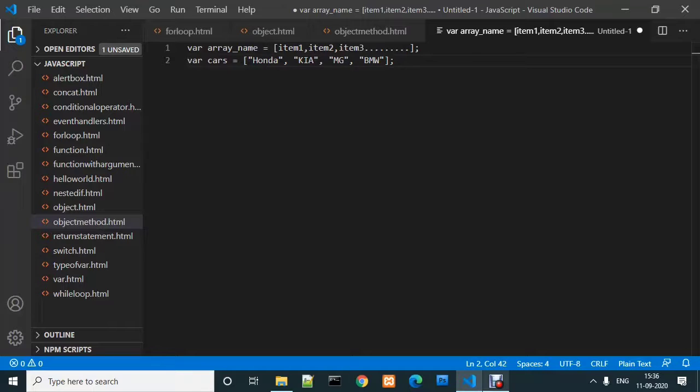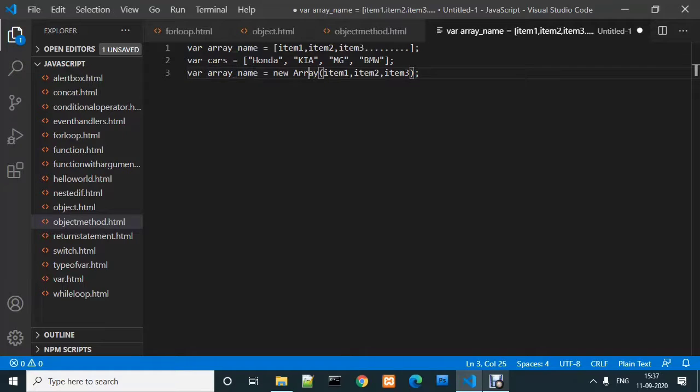We have another method to create an array also. We use the new keyword, and the Array function is used to create the array. The syntax is array name equals new Array, and in this we provide item 1, item 2, item 3, and we can provide n number of items.